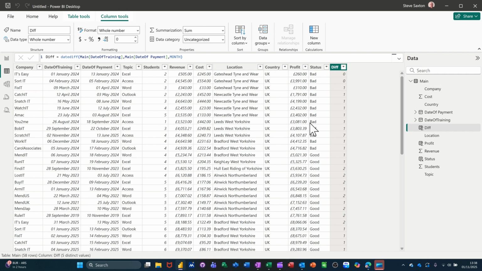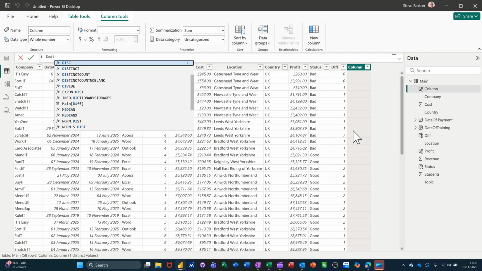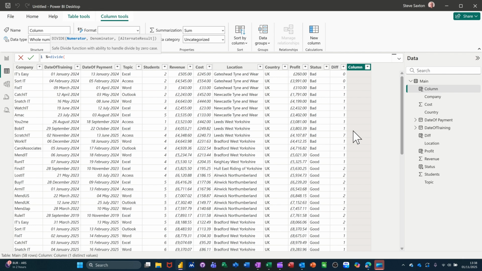So the next one I want to use is the DIVIDE function, which is going to work out the percentage profit, or what the profit is based on these two columns. So if I go new column and call this percentage profit, or percent, I'll just call it percent, equals, so this is the divide function, so DIVIDE, open the bracket,